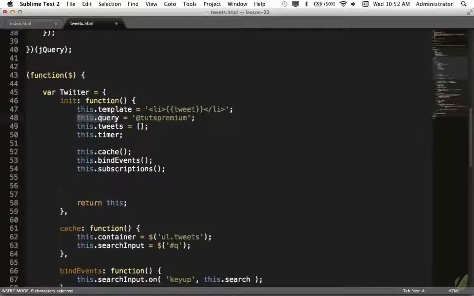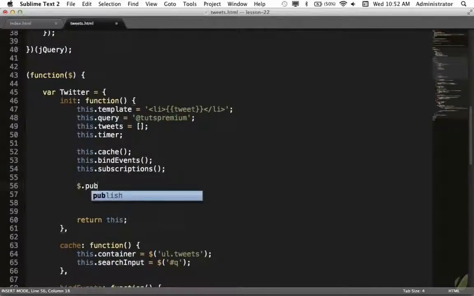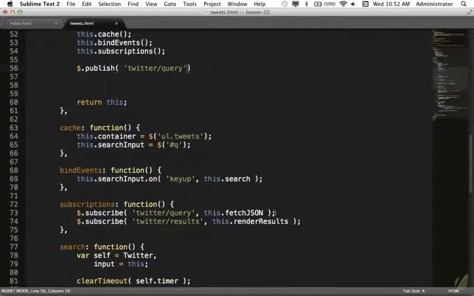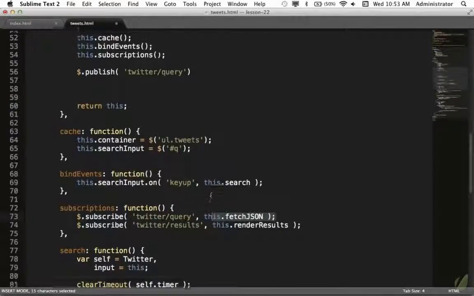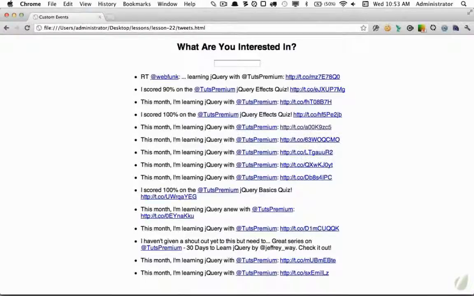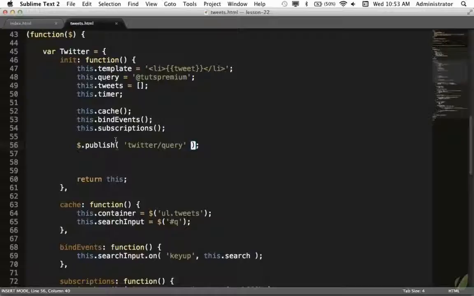We have set a property called query, and that is most of the time going to be equal to what the user types in. But we're going to set a default value. And then I'm going to publish an announcement, and we're going to publish Twitter/query. We have a query available, so anyone that's listening for a new query can do whatever it is they need to do. And we know that when a query is available, we are using the fetch.json method to query the Twitter API. So let's try that out. Reload the page, and as easy as that, with one line of code, we've impressed our boss